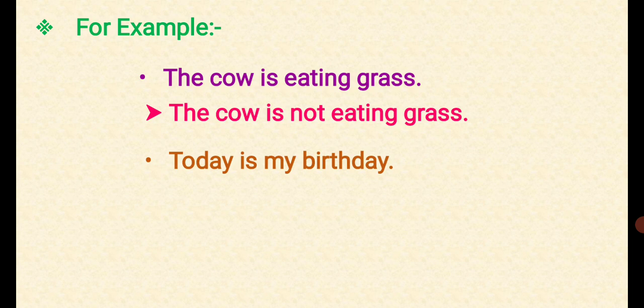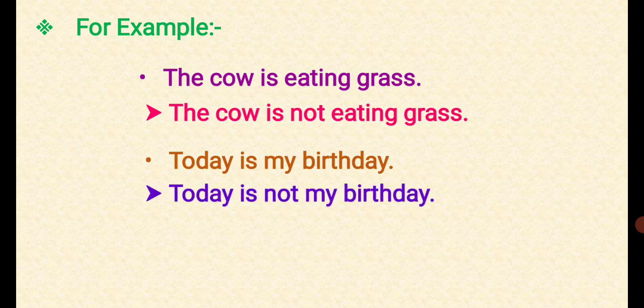So tell me, what is the helping verb in the sentence? Yes, is. So just focus on the is, and if we want to make this sentence negative, we just add not with the helping verb. So we'll again use not with is for this sentence. So what will be the answer for this sentence? "Today is not my birthday," right? So even if we have confusion, what we need is clarity about the helping verb in the sentence.